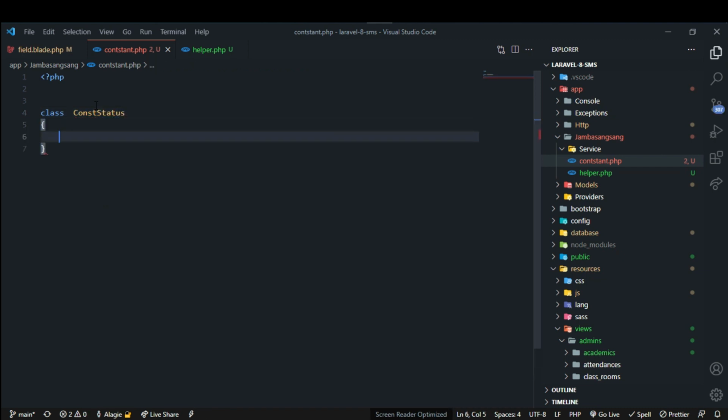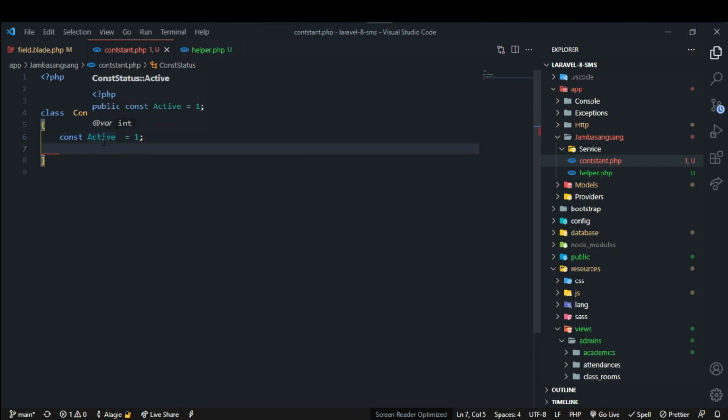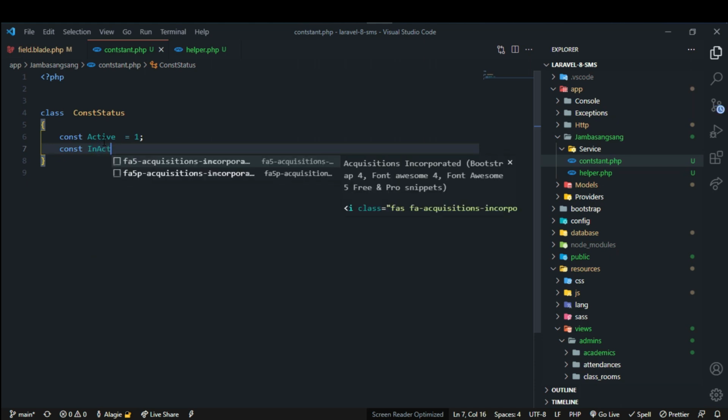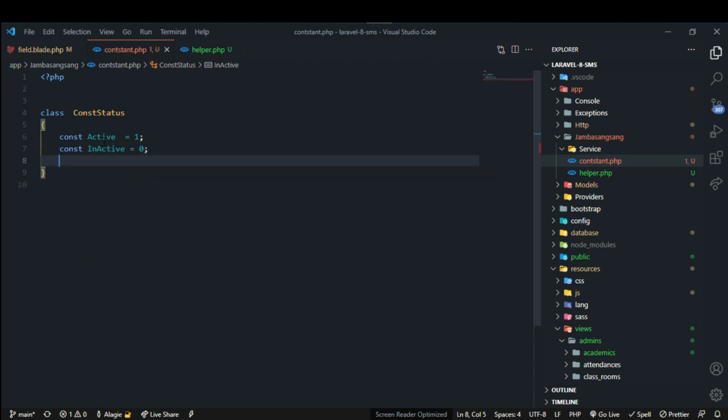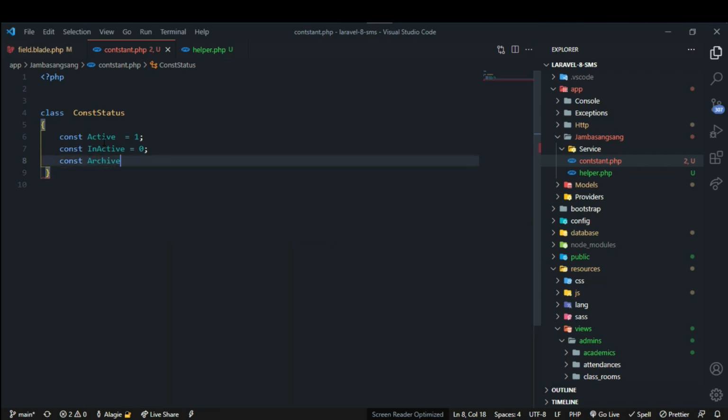Okay, so let's open the class here, and inside here I will also do const ACTIVE equals 1. Okay, const INACTIVE equals 0. Const ARCHIVE. Okay, let's make it ARCHIVE equals 2. Okay, let's do it like this. So it means that here will be the active status, here will be the inactive status, and here will be the delete status. Okay, delete status